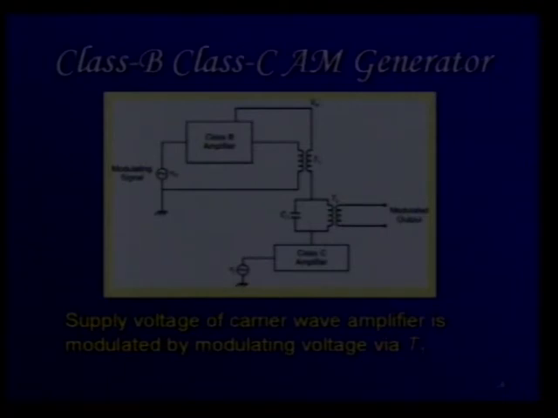Of course, it is best done by a class A amplifier because we are working in the completely linear range of the signal in that case. However, energy efficiency wise or power efficiency wise, a class B amplifier is much better than a class A amplifier, because it is always using only the half cycle of the carrier wave, and so the efficiency is quite high in this particular case. So we are choosing a class B amplifier.